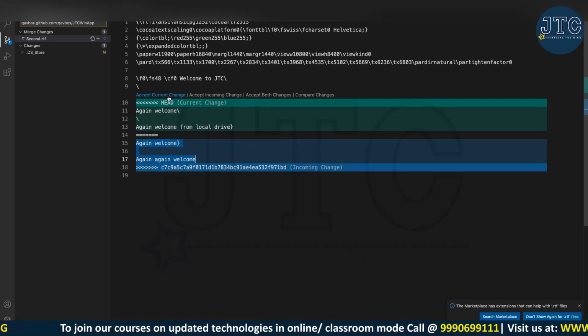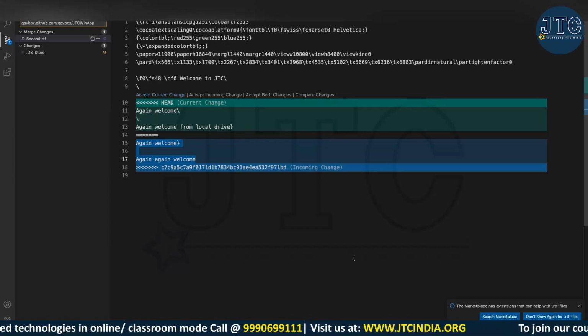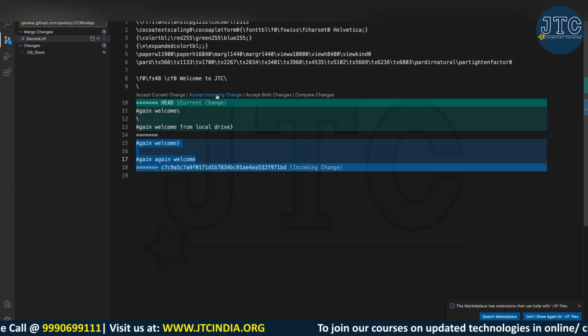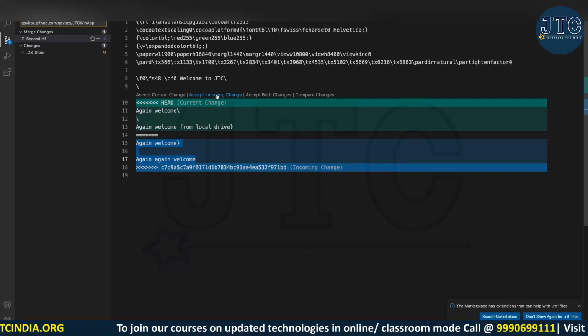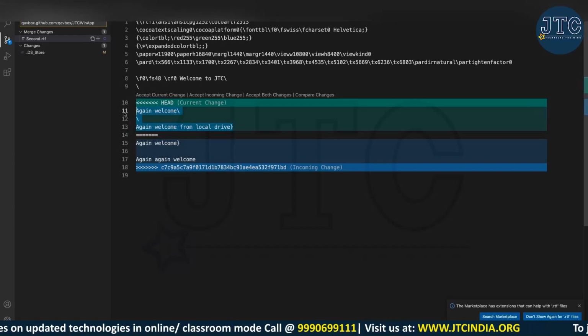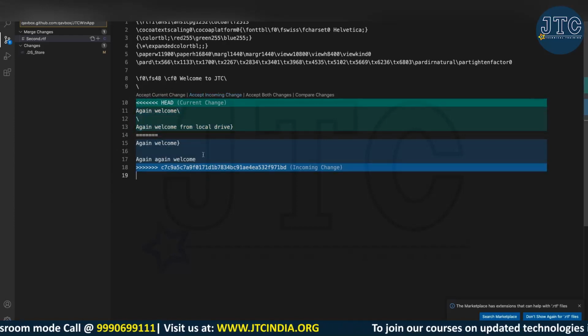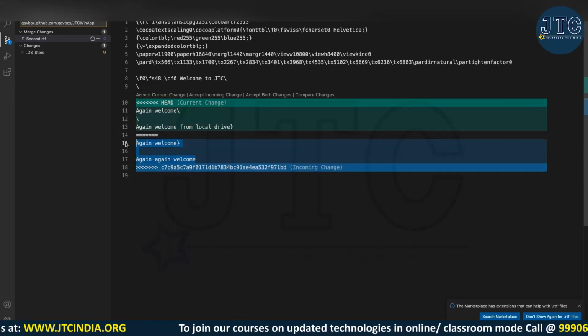If not, connect with that person, because you will see the name also, who that person is, and then you can connect directly. Accept incoming change means if you're sure that the other person is correct, then you say accept incoming change. Because if you say accept current change, you will only see whatever you have written, and that will go as final. Accept incoming change, the version coming from the GitHub repository will become final.